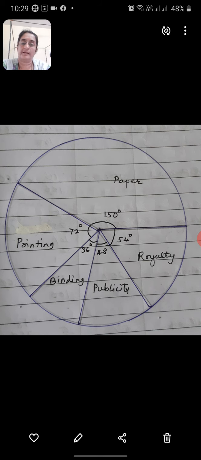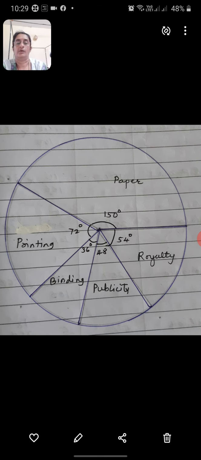Already it will be covered because that is the last part of that pie. So you need not mark that 54, automatically it will come, but you have to check whether it is correct or not. So you have to put all the markings there, write how many degrees for each component you get, and complete the pie chart.